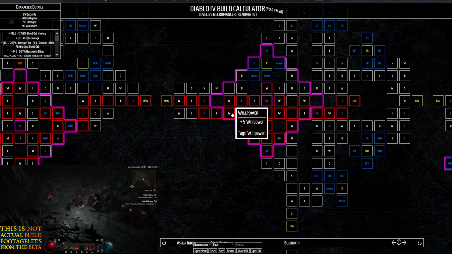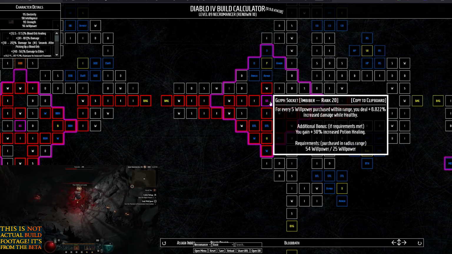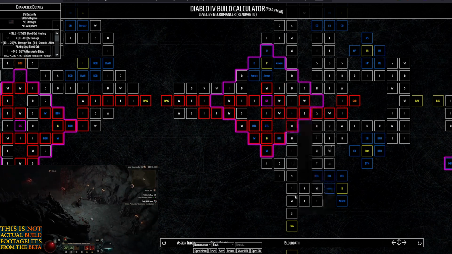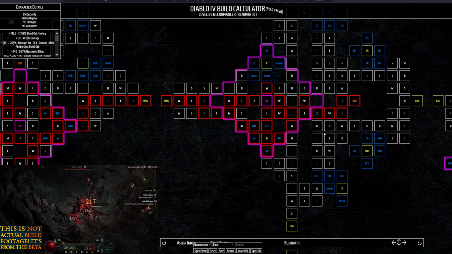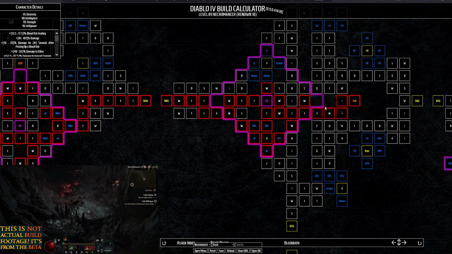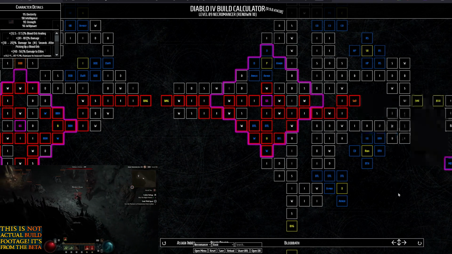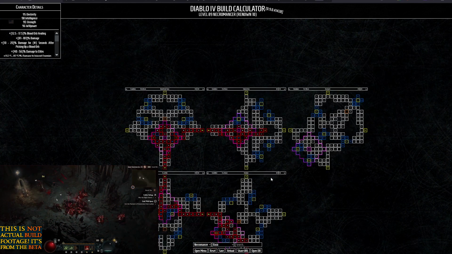So entering through here, taking willpower, int, taking the socket, and next take this willpower, that willpower. Then go down, damage to injured, willpower. Damage to injured, intelligence, willpower, damage to injured enemies, and then int, that willpower and exit. Well, not exit, but go and take Scent of Death. And at this point, you're done with the first stage, and you're moving on to the second stage